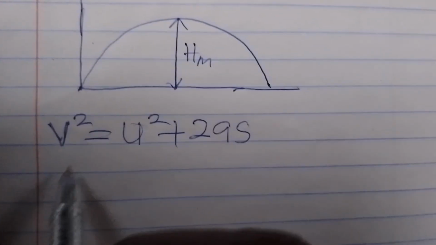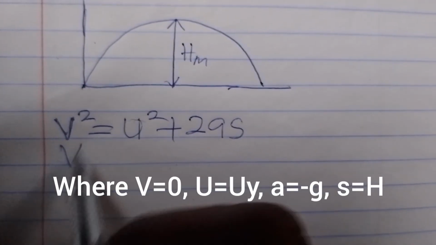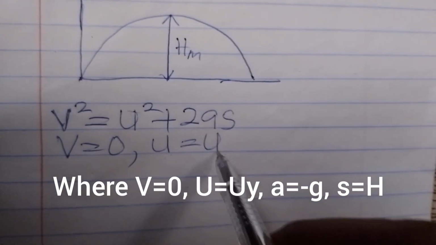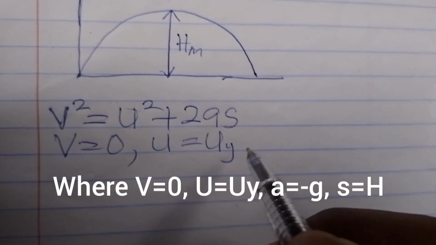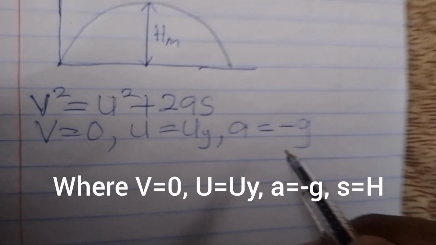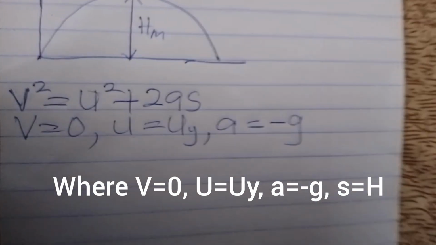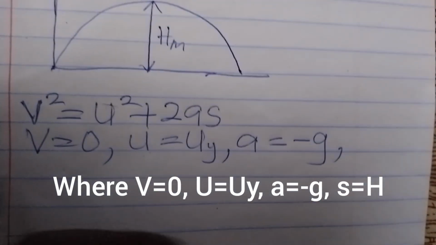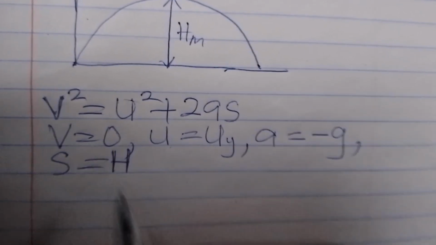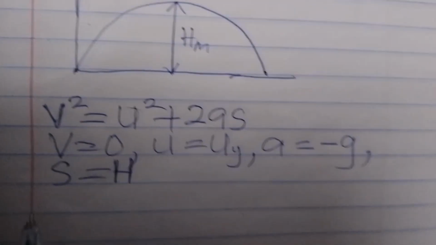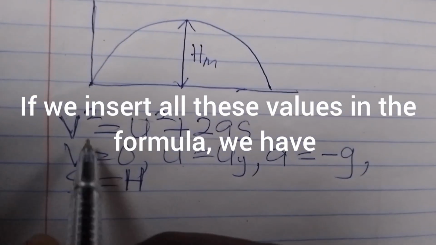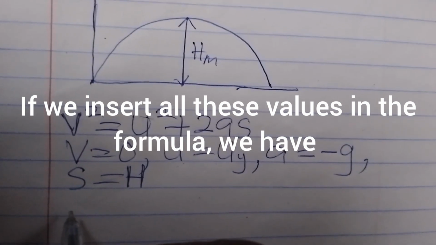And where we are going to consider v as 0, u as uy, that is the vertical component, then a as minus g, and s as h, that's the maximum height. Are you with me? Now, in this case, if we insert all these values in the formula, we have 0